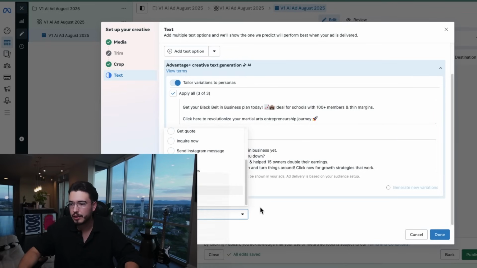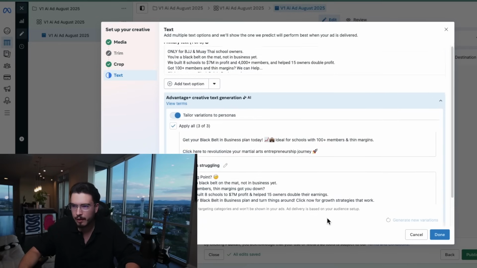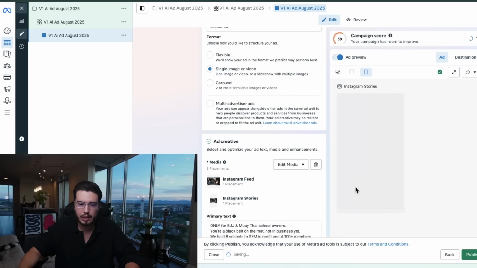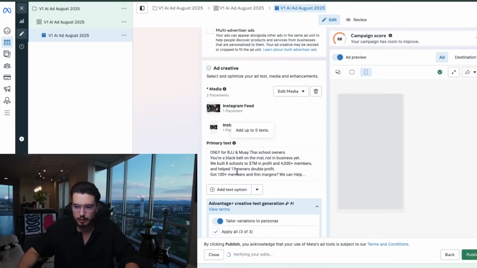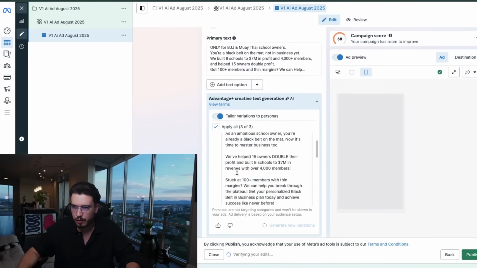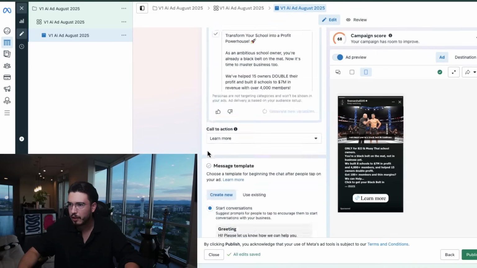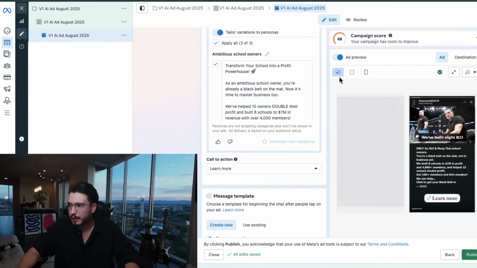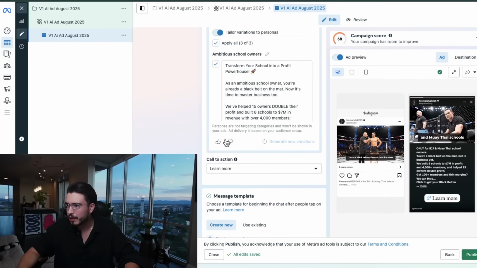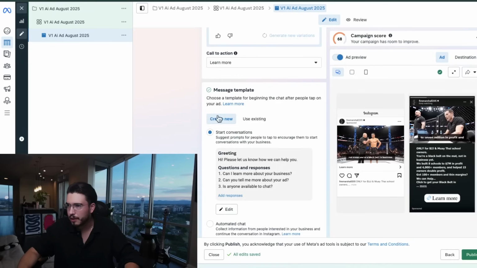And I always like to change the button here to learn more, right? Everything else seems a little bit too intrusive to me, except for learn more, which is the easiest barrier to entry that I've been using as a button for the past couple of years. So go ahead, just click learn more. That looks fire. I like that a lot. This looks great, guys. I really do.